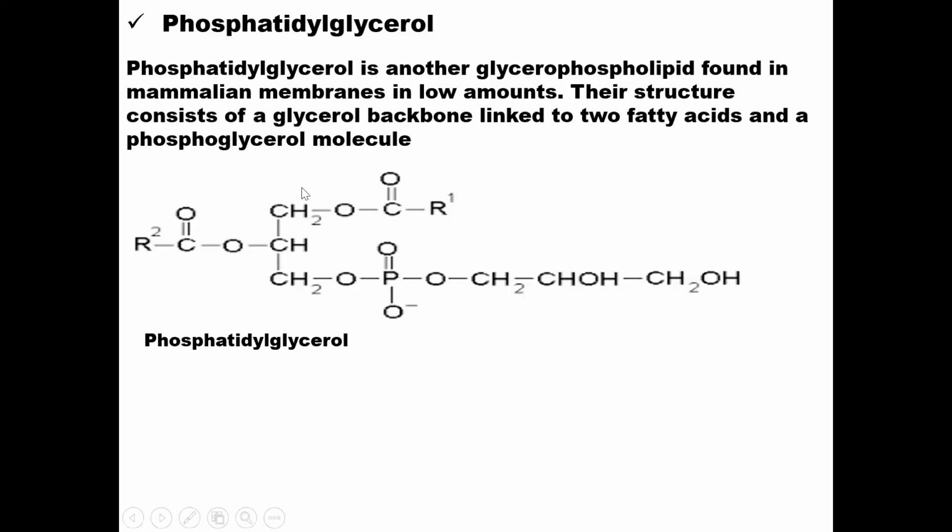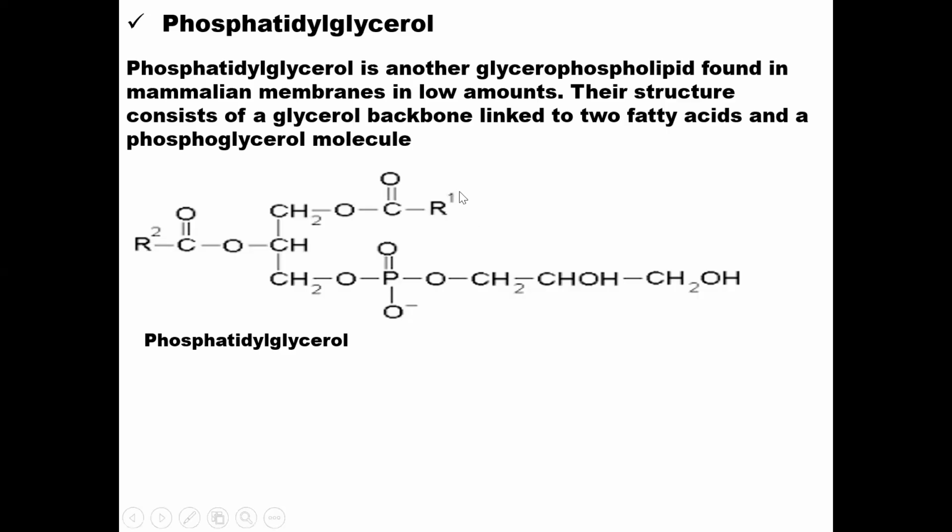So you have carbon 1 and carbon 2 of the glycerol attached in ester linkage to fatty acids, while at carbon 3, you have a phosphoric acid residue attached. To the phosphoric acid, you have another glycerol attached. So that is your